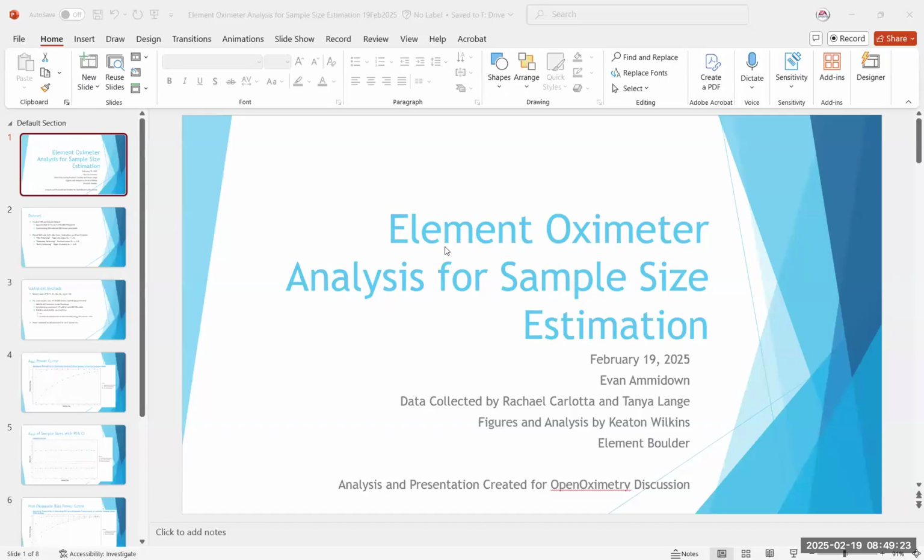For those who don't know, the Hypoxia Lab, we do testing for a number of devices and work with manufacturers on the testing of their devices from time to time. All the data that you're seeing presented by our team today was collected independently, without input or involvement of manufacturers in the selection of devices, the collection of data, or the analysis. We've just been sharing our data sets openly with anybody who's interested in seeing them. Evan, if you have slides that you want to share, you can go ahead and share your slides. Sounds good. All right, we're just going to leave PowerPoint as it is, but thank you, Michael.